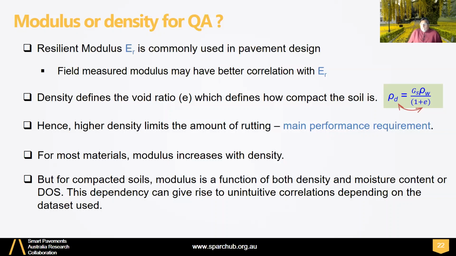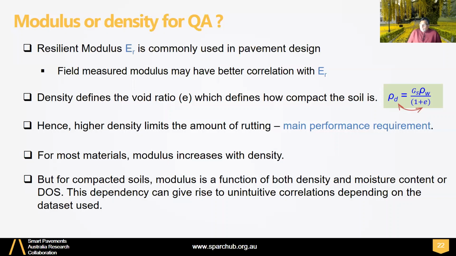And all these factors are taken into account along with the bottom boundary condition, which is the water table and the capillary effects. So all those physics are incorporated in the simulations, and daily simulations are run to accumulate the water balance. So next question is, if we plot modulus against density instead of dry density,